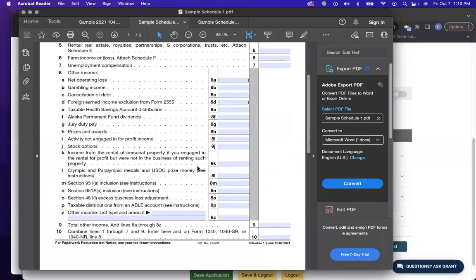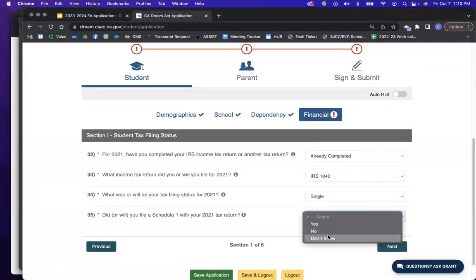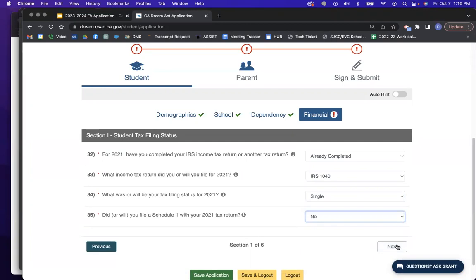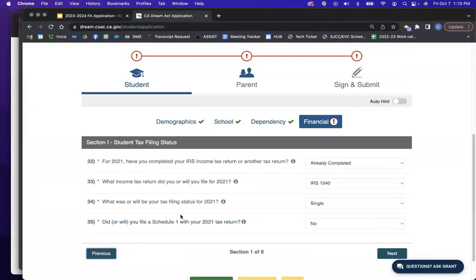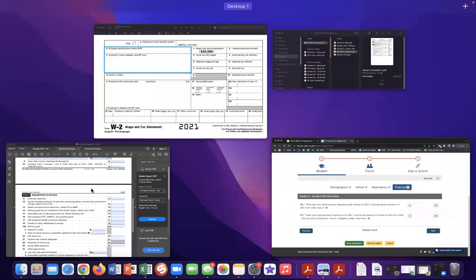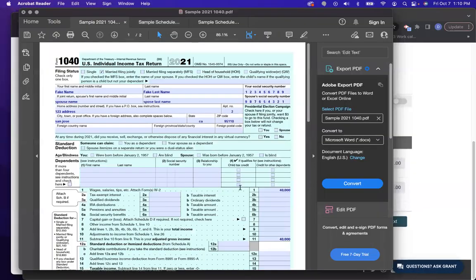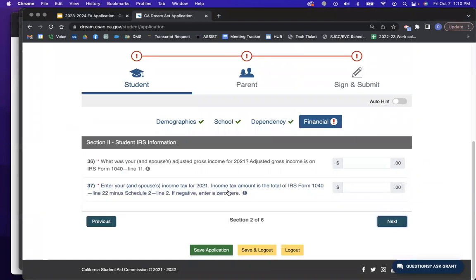this. So if this is a document that's on your tax return, then you're going to say yes or no, or don't know. I'm going to put no for the sample, just for the purposes. Actually, I'm going to put yes, so you can see what questions they ask. And then here it's going to ask you to go to line 11 of your 1040 form. So then you would go to your 1040 form and look for line 11 and put in whatever number is on there. And then it's also going to ask you to go to